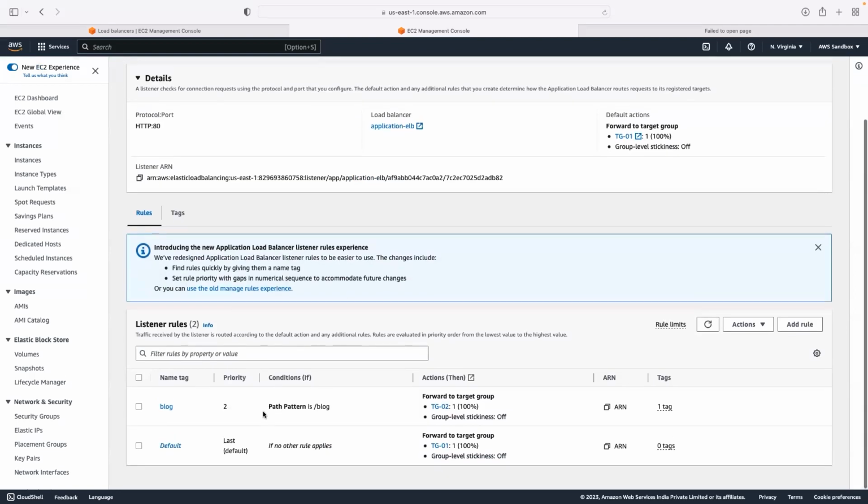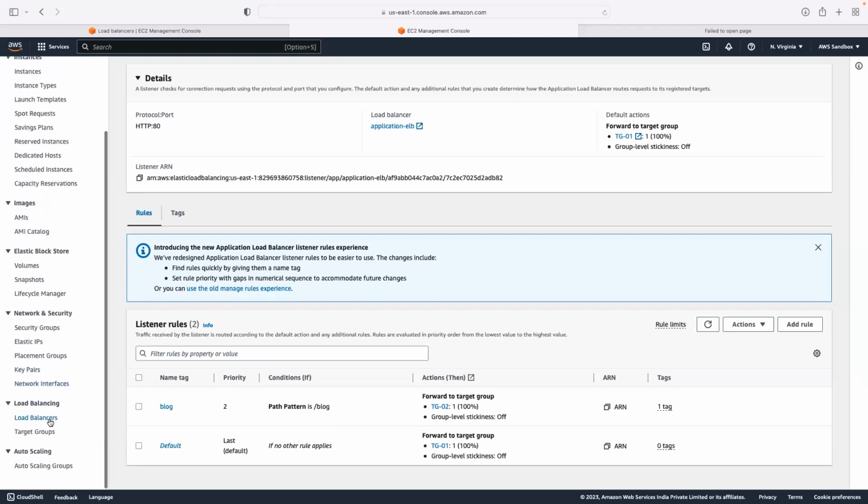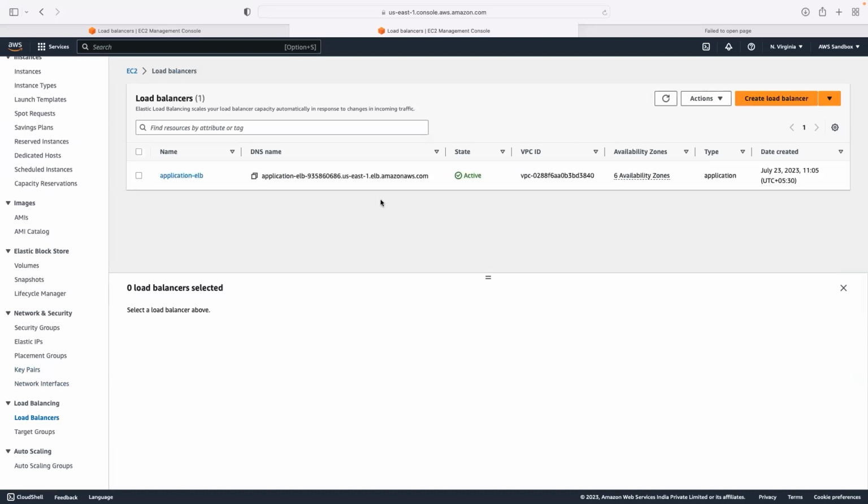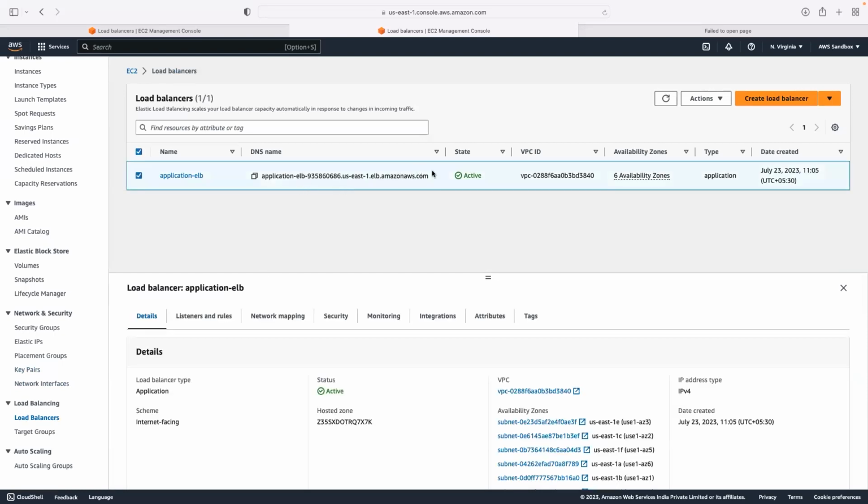Now you can see we have 2 rules defined. If there is no other logic, then that traffic is going to be handled by target group 1. And if someone types in .com/blog, based on the endpoint, then that should be handled by target group 2. So this is how the distribution is going to be. First of all, we had to verify that the load balancer is up and running, because just like the